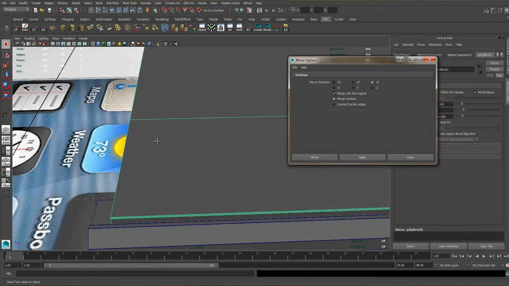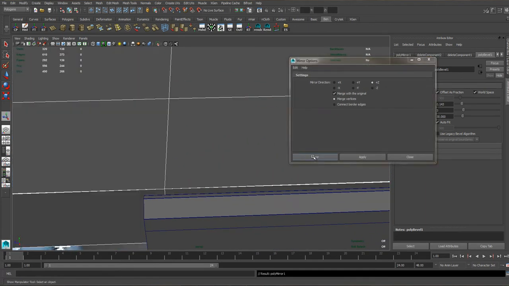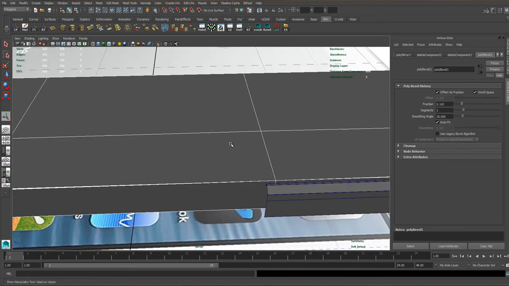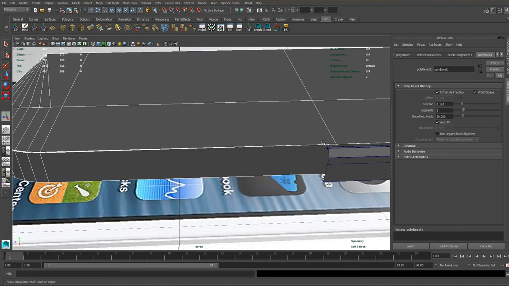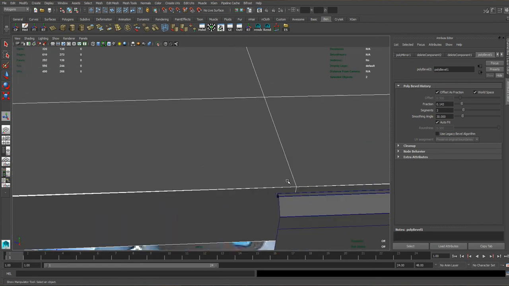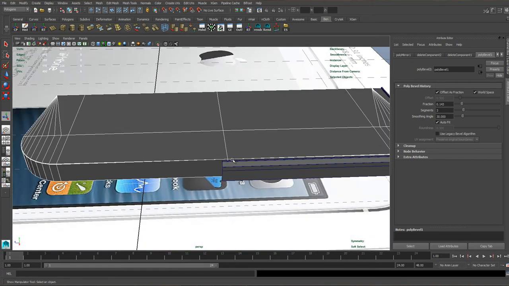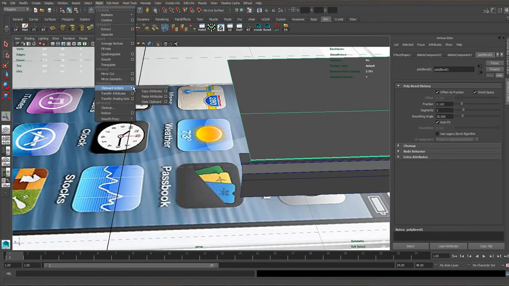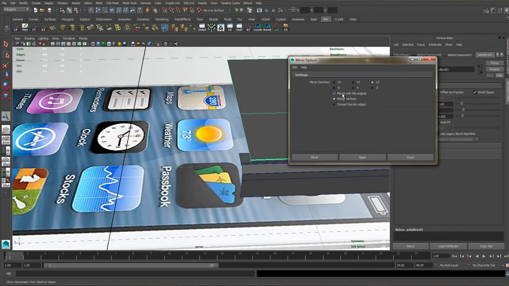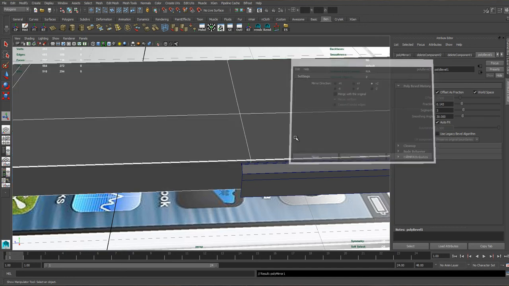Now we need to uncheck Merge with Original. I'll show you what happens if we leave it on. It will sort of squish all of the vertices that are too close together, which includes our bevels. It'll squish them all together into one vertex, which is not good. So what we have to do is go to Mesh, Options for Mirror Geometry, uncheck Merge with Original, hit Mirror,